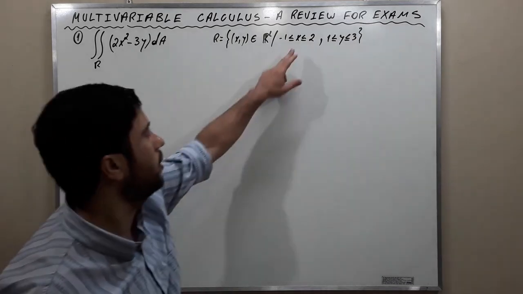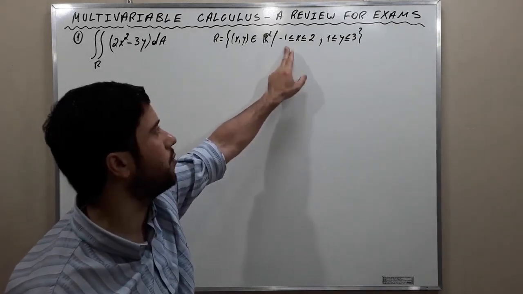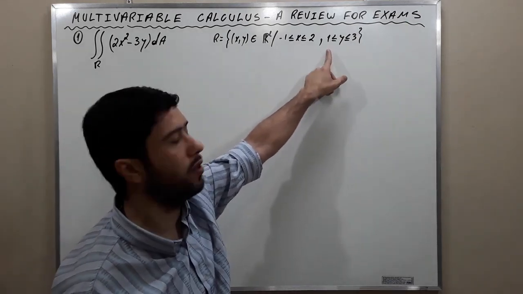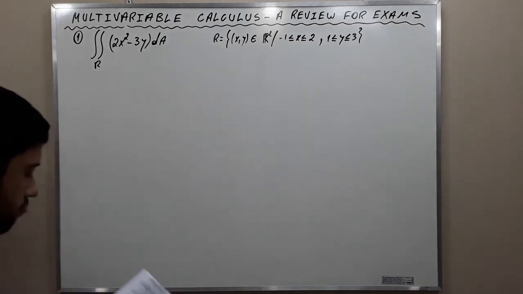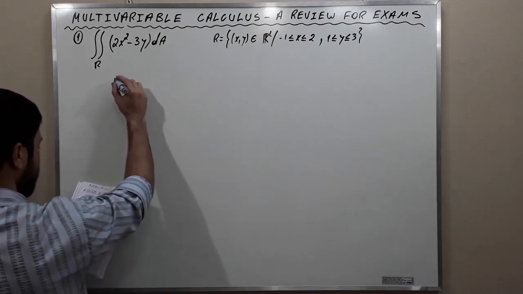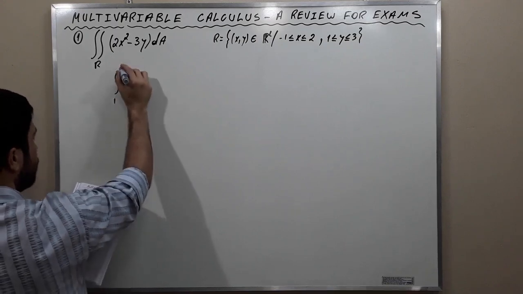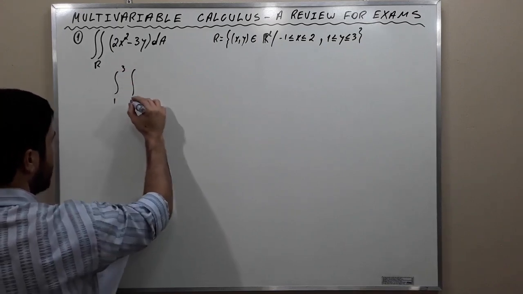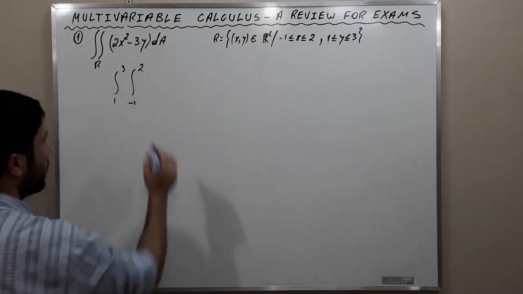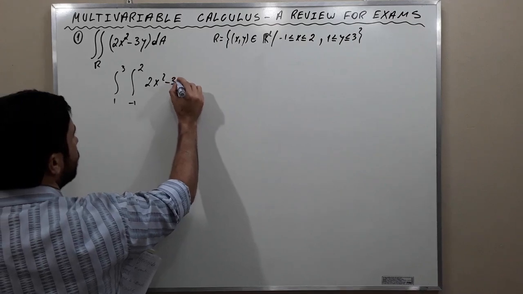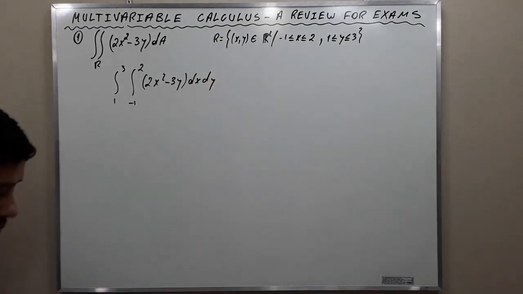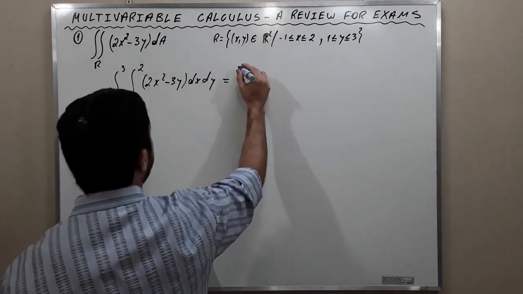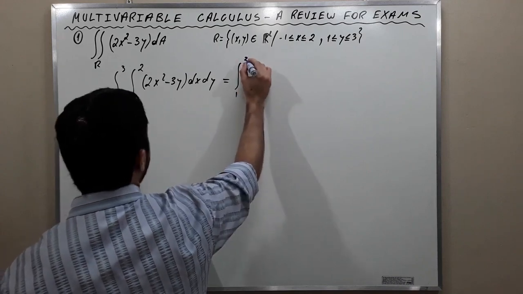As we already know, the interval in which x varies is from -1 to 2, and for y it is from 1 to 3. We are going to apply this interval of integration here in this double integral. So y varies from 1 to 3 and x varies from -1 to 2, and we are integrating 2x squared minus 3y dx dy. Okay, we are going to integrate first in x, and it is going to be the integral from 1 to 3 of